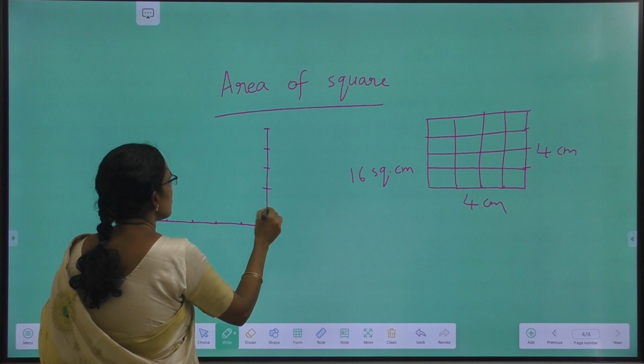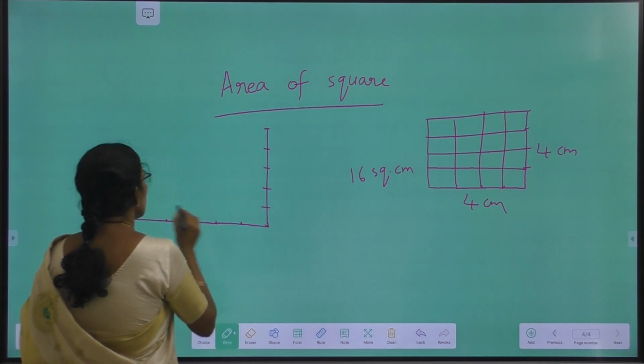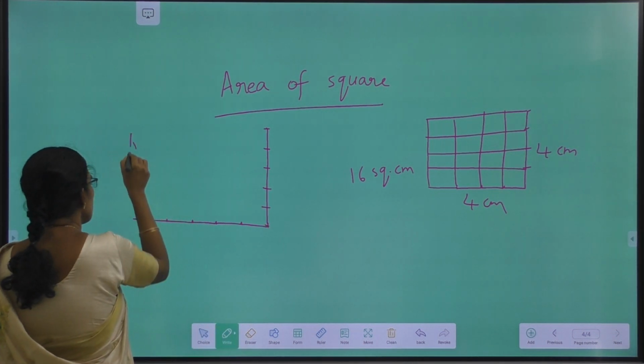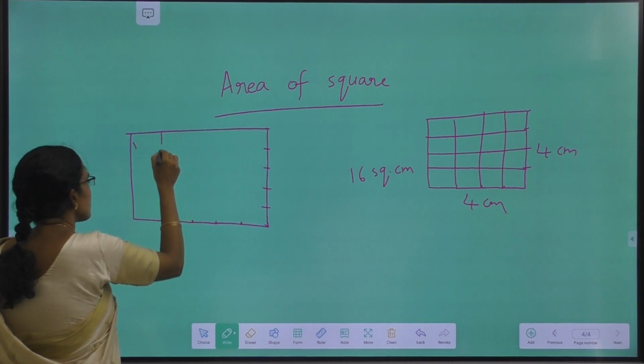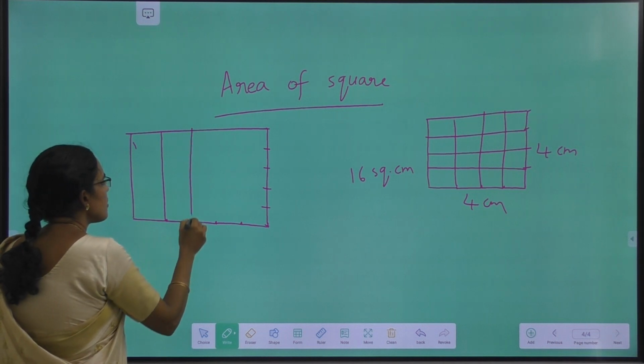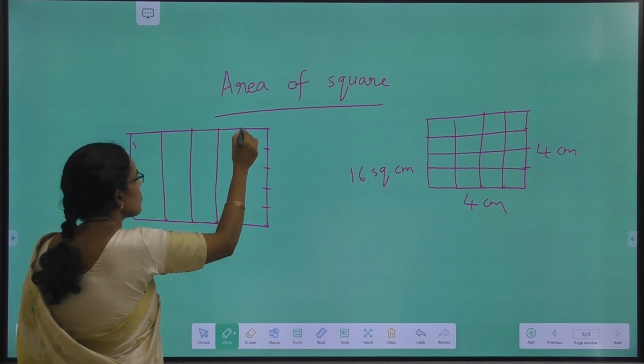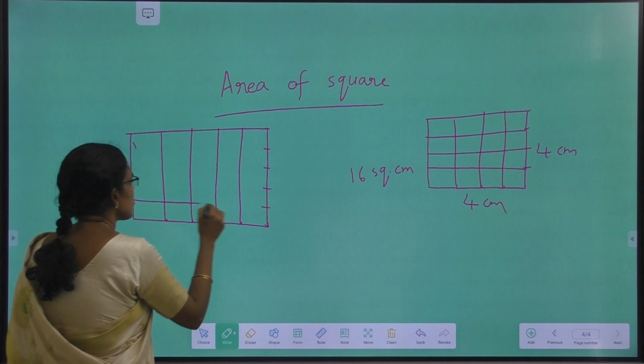1, 2, 3, 4, 5. Now 5 units I am taking. Now 5 is 5 centimeters square. Draw on your graph sheet. Then you came to know that it is occupying 25 squares.